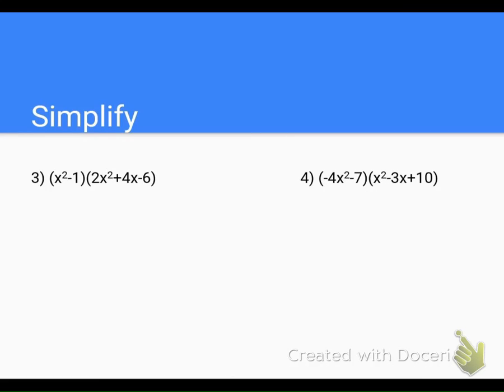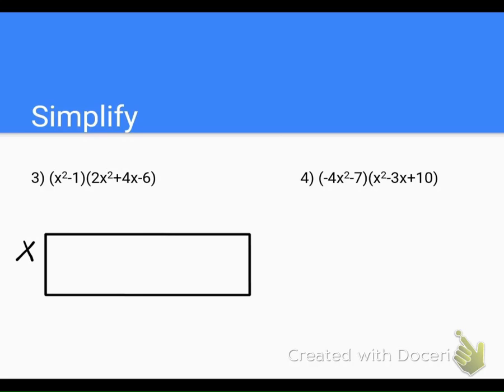These are just a little bit different. They have 3 terms in the second part, so that's fine though. All we need to do is add an extra column in our box. So I'll make my rectangle. I'll put x squared minus 1 over here. Then across the top I have 2x squared plus 4x minus 6. I break up the rectangle anywhere there's addition or subtraction